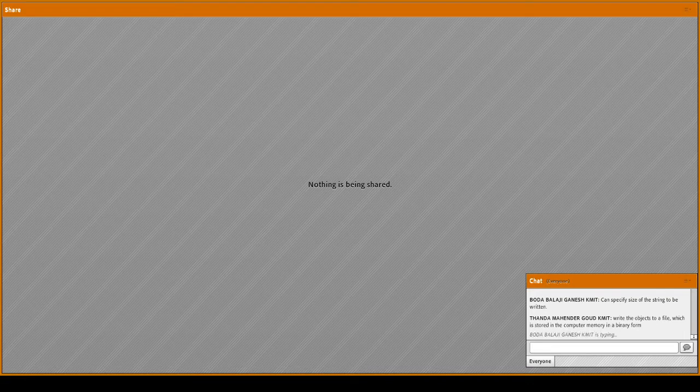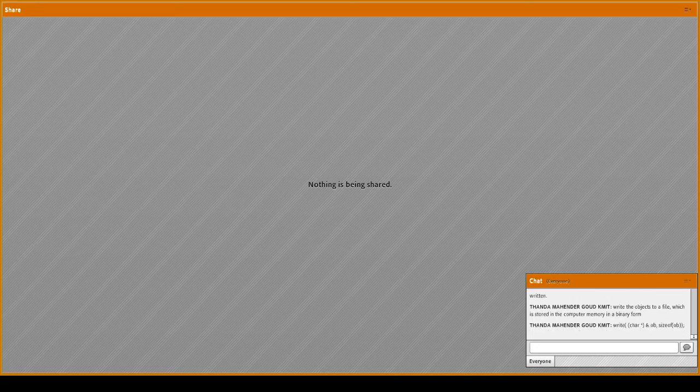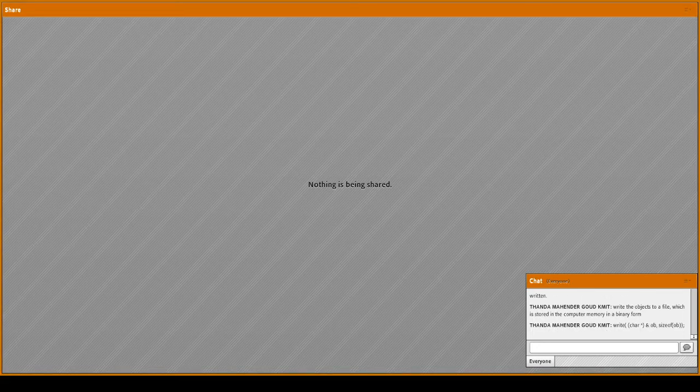Syntax of write function. Okay, we are going to specify write followed by some string, and in that we are going to give the size.